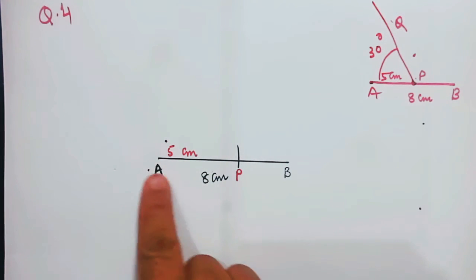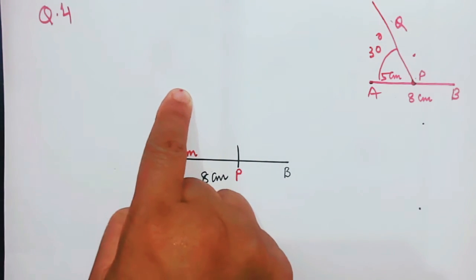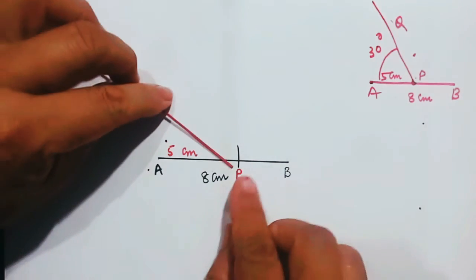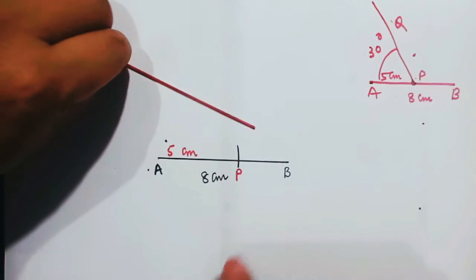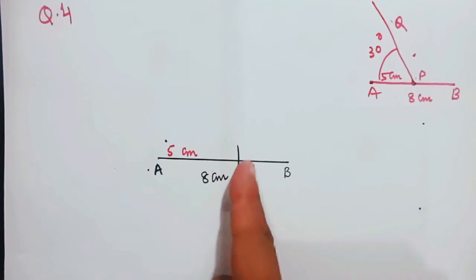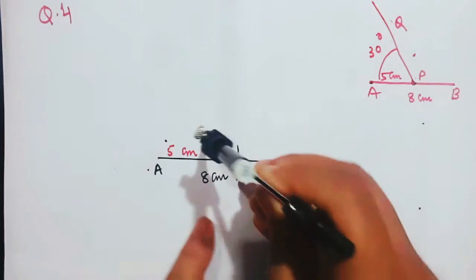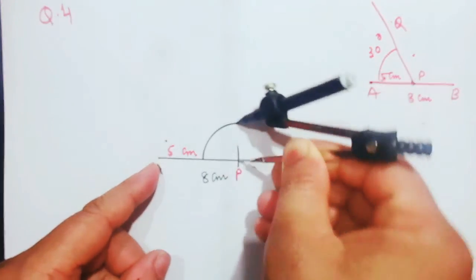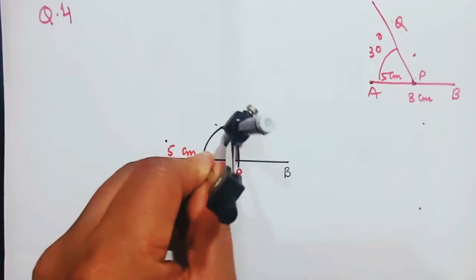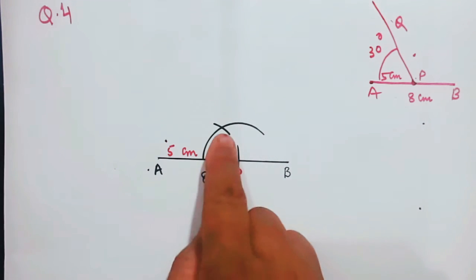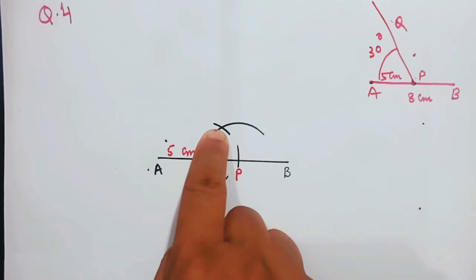Now APQ should be equal to, remember, APQ should be equal to 30 degree. This should be my Q. APQ should be equal to 30 degree. So first let me construct 60 degree on this side. 60 degree. Also I have to take an arc. I have taken an arc. Now after drawing the arc, the first cut or the first arc, which small arc, which I shall be drawing from here, will resemble 60 degree.